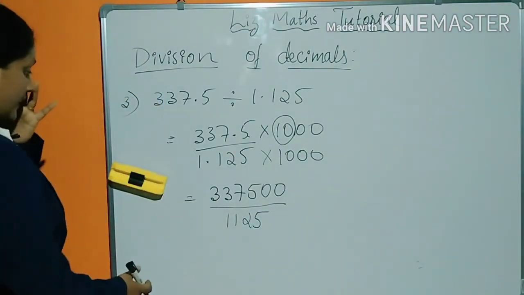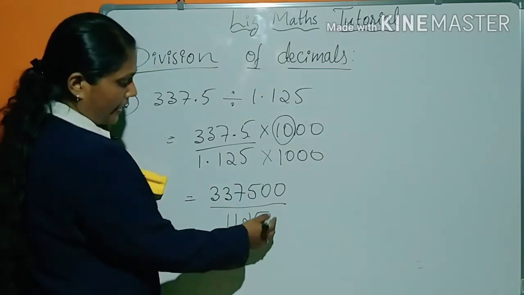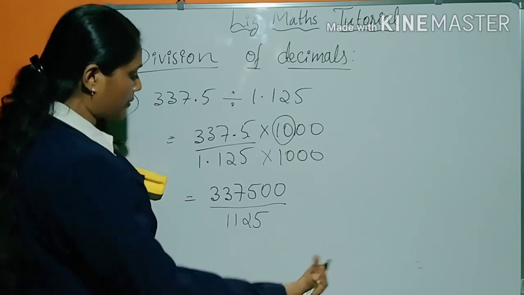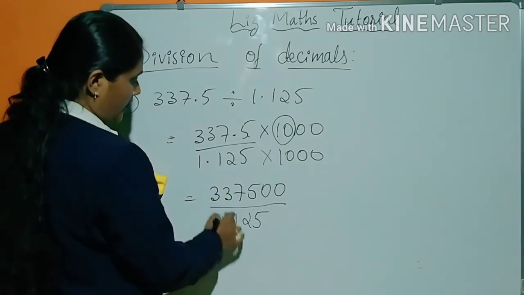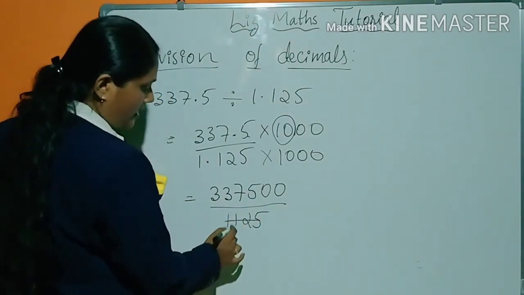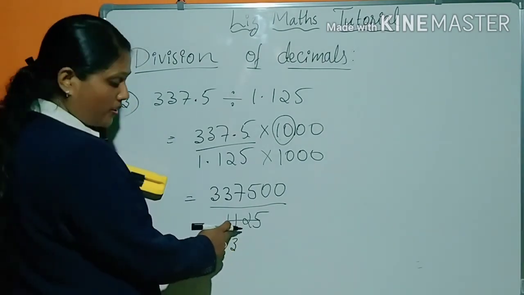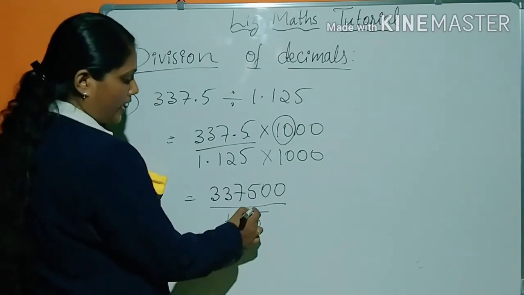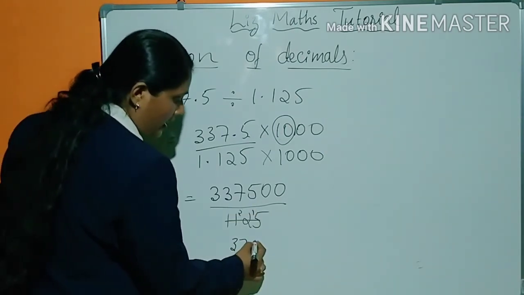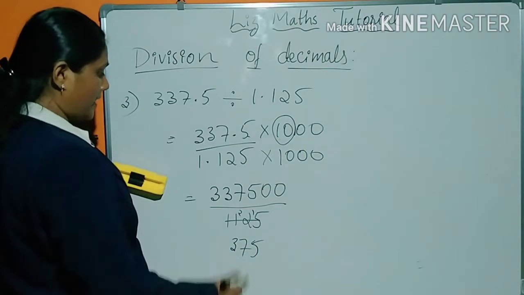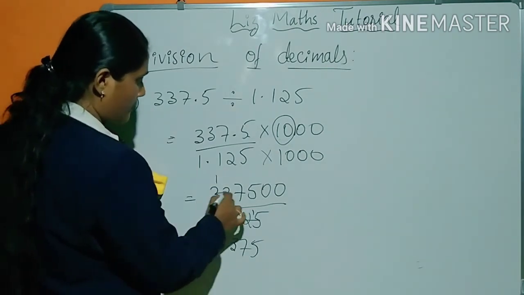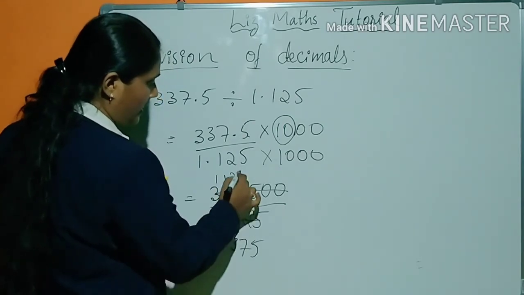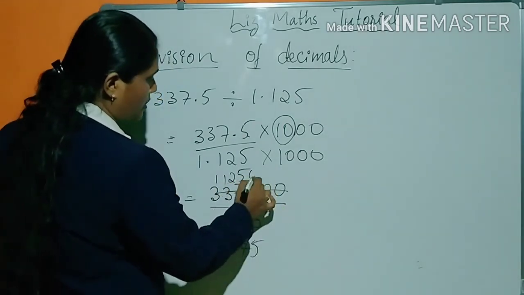So now go for the direct division of this. Here you can find the last digit is 5, so it will not go with the 2 table. So you have to go for the 3 table. 3 3s are 9, and here 2 is remaining, 22. So 3 7s are 21. Again 1 is remaining, 3 5s are 15, isn't it? Here 3 1s are 3, 3 1s are 3, 3 2s are 6, and 1 is remaining, 3 5s are 15, and these 2 0s you have to put here.